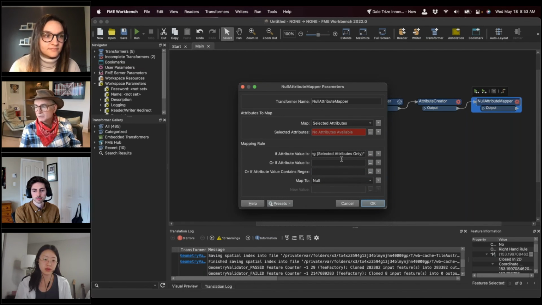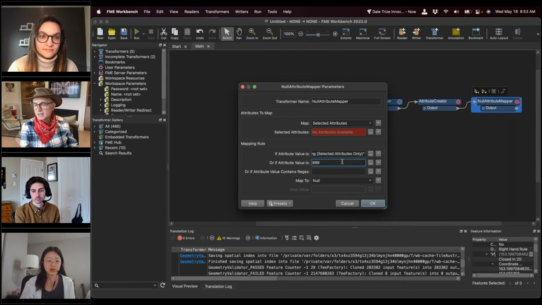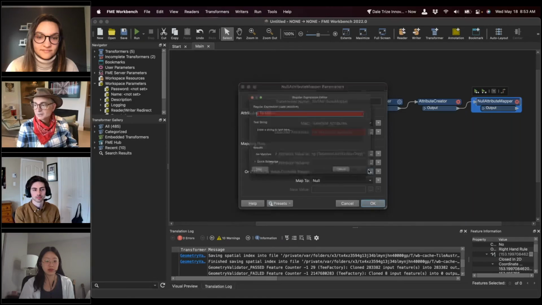Or if the attribute value was, a lot of us that are old timers remember the classic 9999. That was the MapInfo classic for no data. And you'd have however many nines there was, however wide the field was, so you never knew exactly. So anyway, if you have nines in there, you could map to a null, or this would be the ultimate